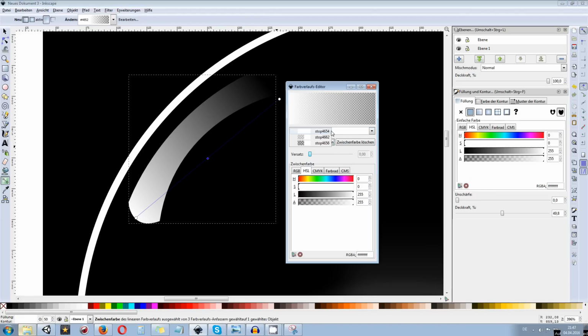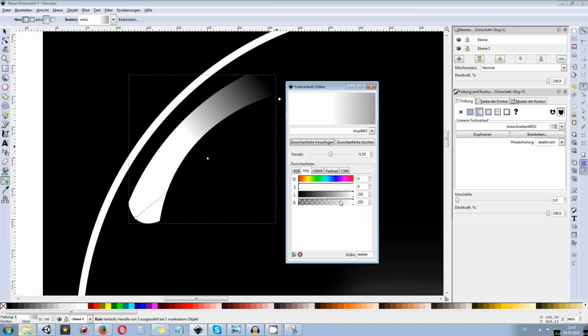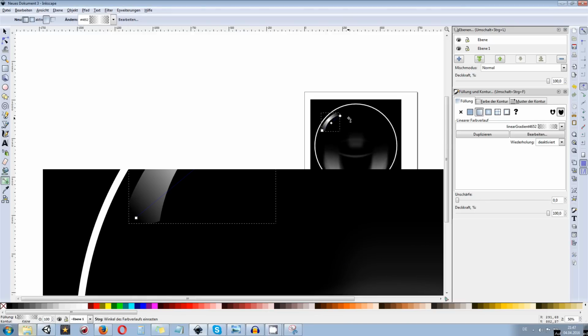What we can do is we can select this color from the middle in here, and we go up with the opacity. Now we go to the first step color and go down in opacity to 0 in this case on alpha. I'm going to use the HSL colors scheme in here.